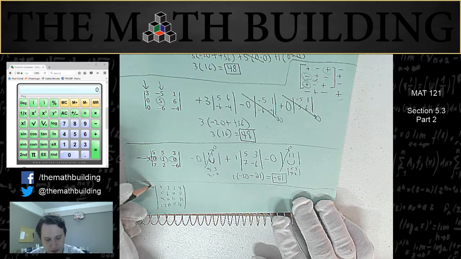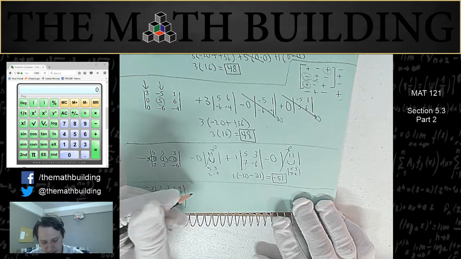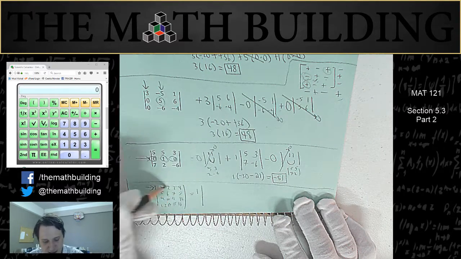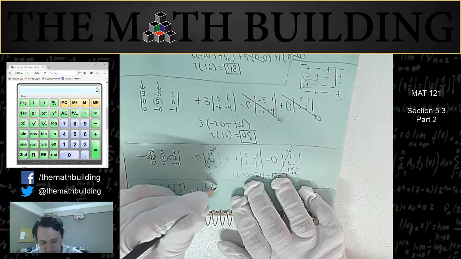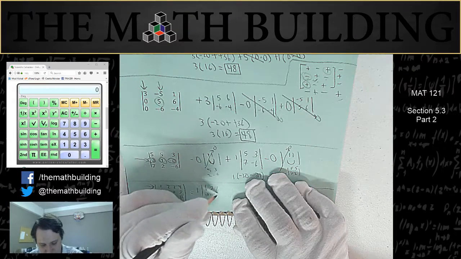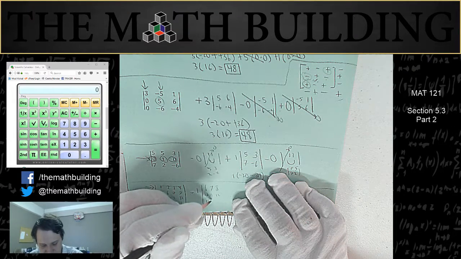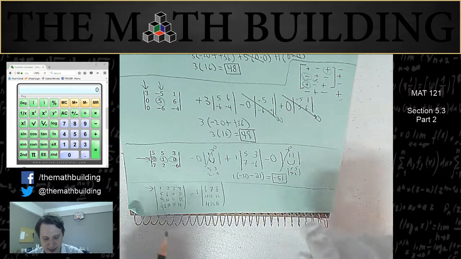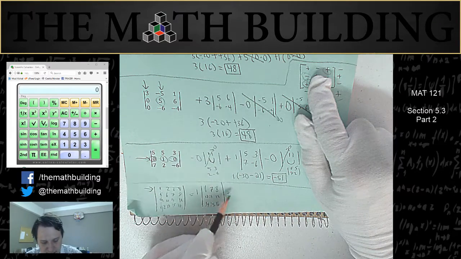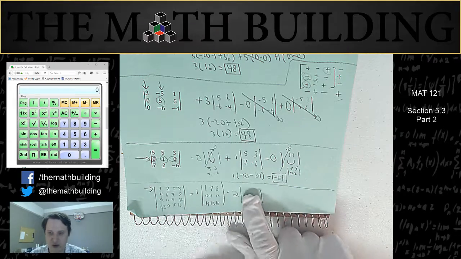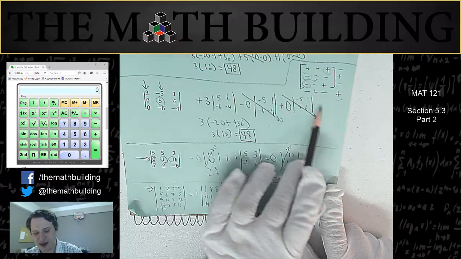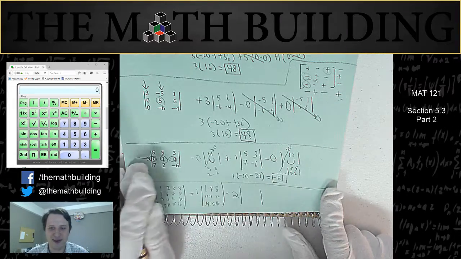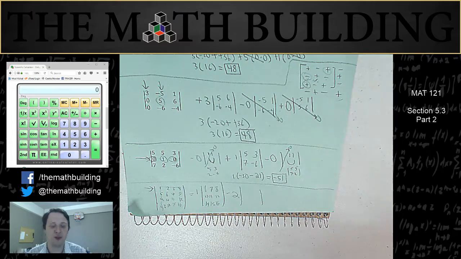And you still take a trip across one row or one column. And so this would be 1 times, and then you have to do the 3 by 3 determinant. So 6, 7, 8, 10, 11, 12, 14, 15, 16. And so that would be positive, and then the next one would be -2 times, and then you have another 3 by 3 determinant, and then another 3 by 3, and then another 3 by 3. And you see how long it takes to take a single 3 by 3. So you can see that this kind of exponentially takes more time every time you add another row and column